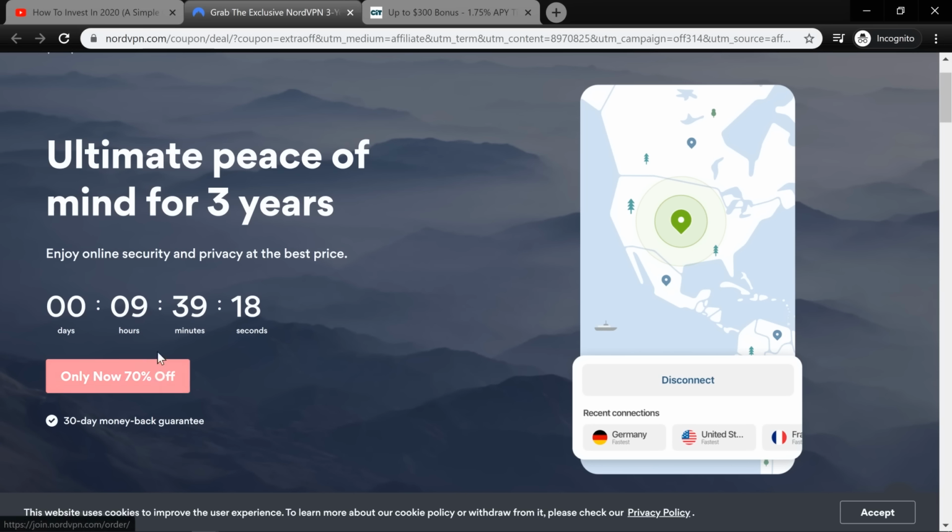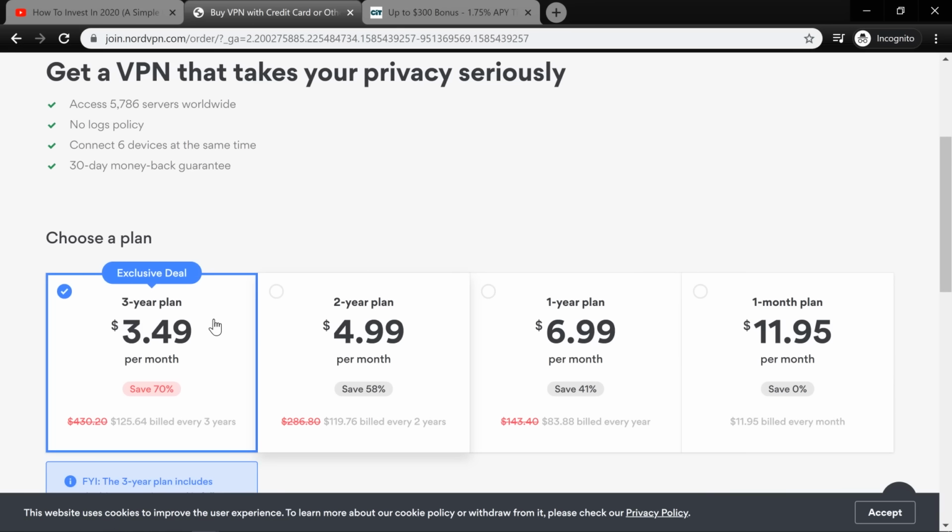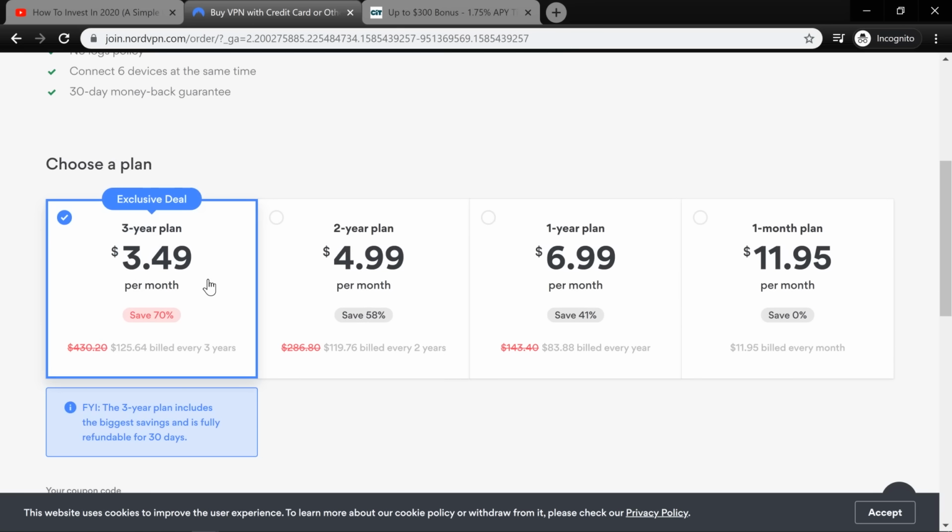And if this page loads, for example, right here, you can see that they clicked on the link for NordVPN and they can get it for a pretty discounted price. You might see that, for example, this plan here, you can sign up for a 3-year plan for $3.49 a month. That's $125 billed every 3 years. This is what a lot of people sign up for. I don't remember the exact percentage that I'm getting for that, but usually what I see coming in is about $45 or so. So I'm probably getting 30 or 40% as a commission from NordVPN.